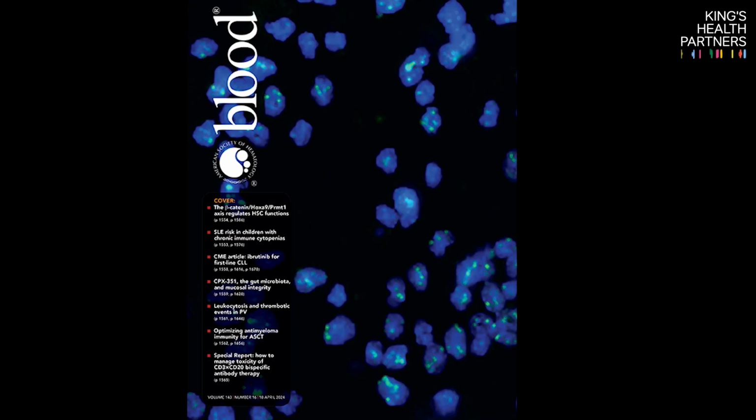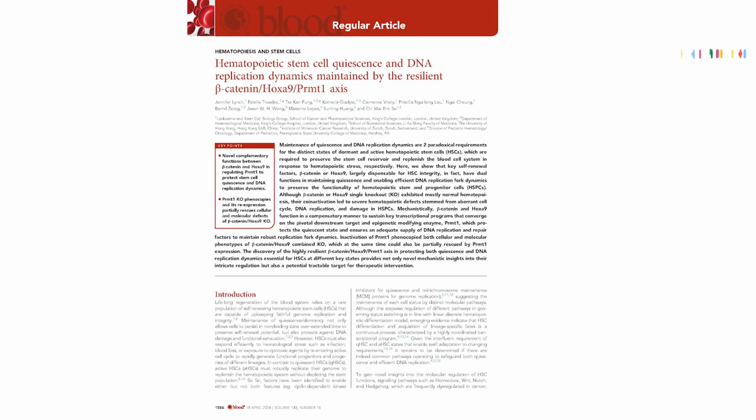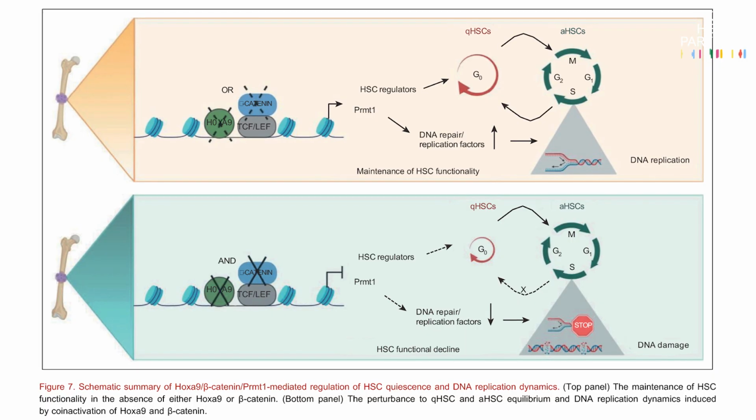One of the prime and recent examples showing the potential benefit of our research to the patients is very well illustrated in our recent discovery and its publication in Blood Journal, which is the most prestigious and impactful journal in the field of hematology. In this study, we found that normal hematopoietic stem cell activity is regulated by